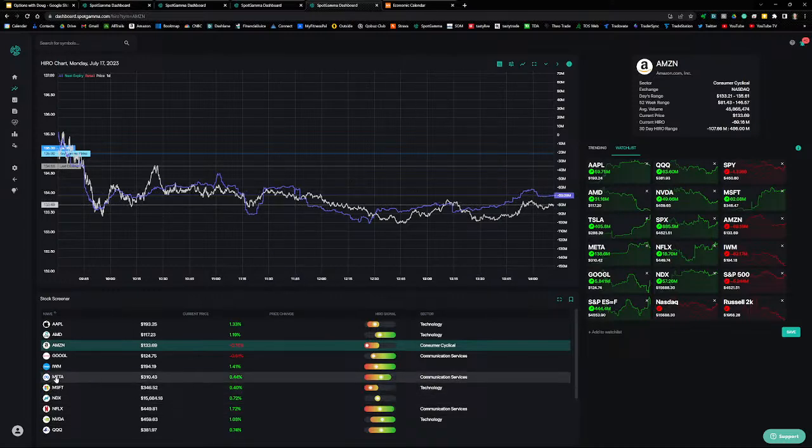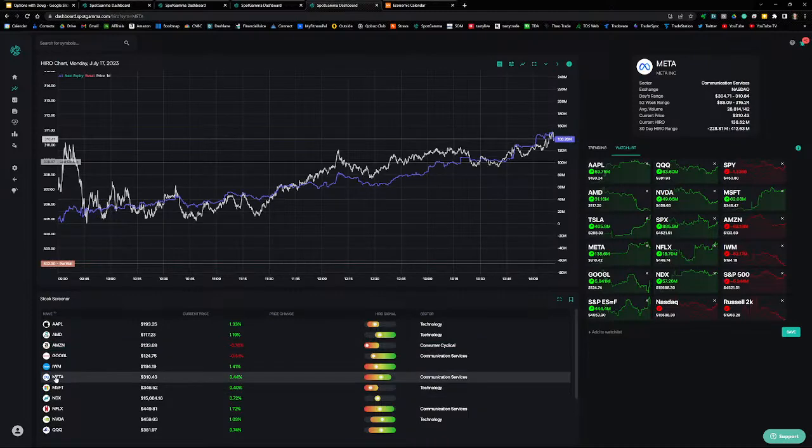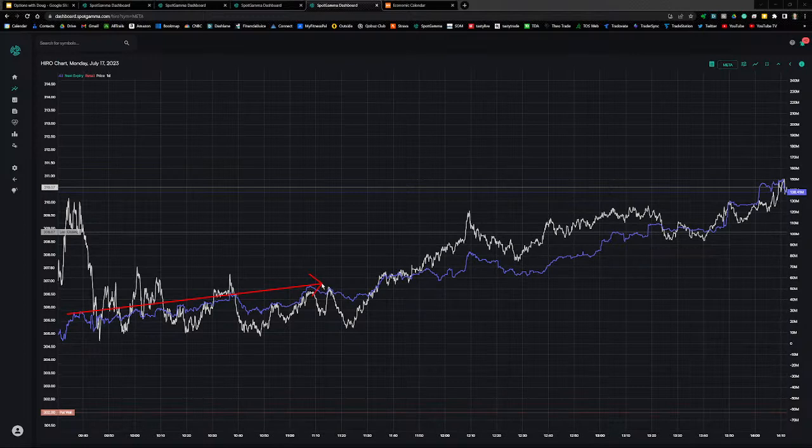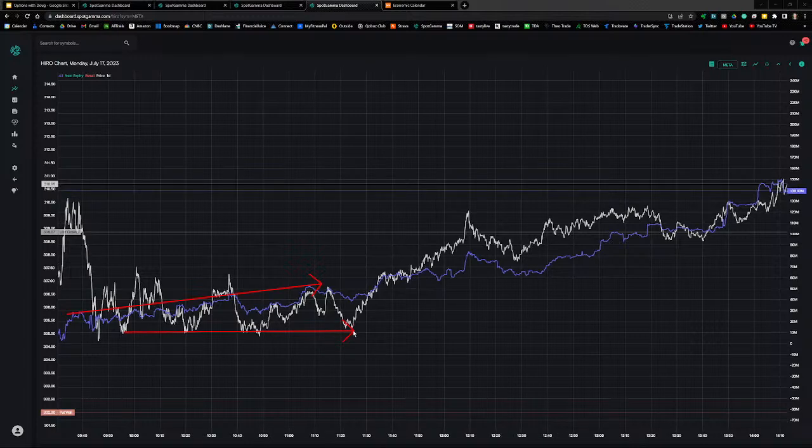And then the next. And this is a pretty interesting setup in Meta. Notice the gradually increasing Hero line. So traders are taking positive delta positions, and we'll see in just a minute they were selling puts. And price was finding support just around the 305 level, and it took a while. This is a very long divergence for a single stock, but finally price takes off higher.